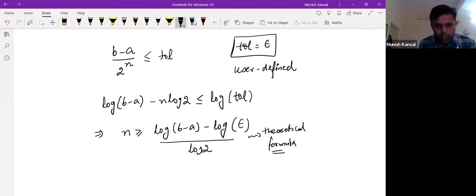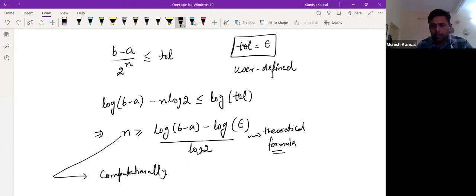So we will also estimate the number of iterations computationally. This is very important, that whenever we say something theoretically in numerical analysis, we expect that the same kind of results we get computationally, not exactly, but to some extent nearby results. If we get that, then that will be very good. Otherwise there is some flaw in the theory, right? So this is the theoretical formula. Whatever answer is given by this formula, n is greater than or equal to something, right? So we hope that whenever we run the bisection method, computationally we get a nearby number of iterations used by the bisection method, right?